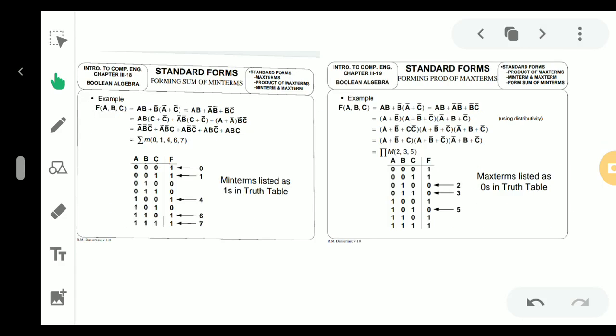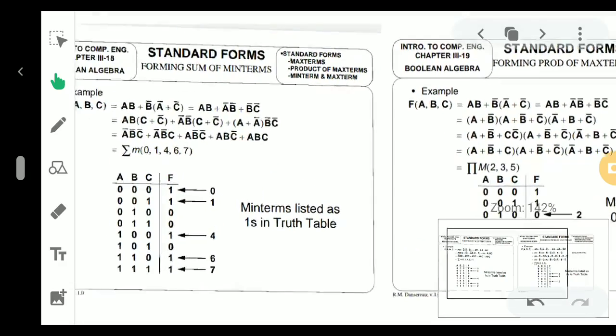Now the concept coming is, from the table itself, one Boolean expression will be given to you, and from that expression you have to find the sum of min terms and the product of max terms. First, you find the sum of products, that is the min terms. So how to find this? Let's see, first take an example.